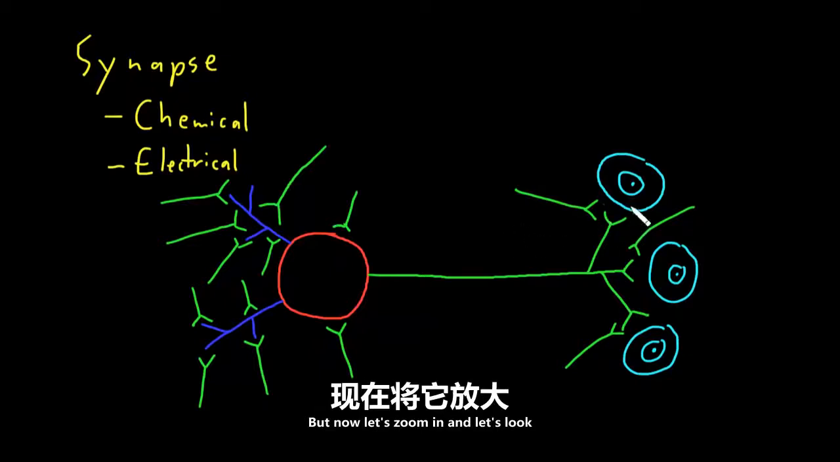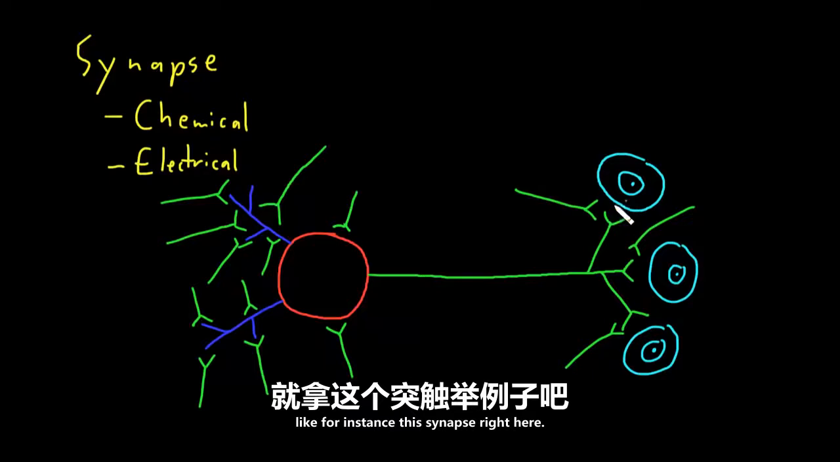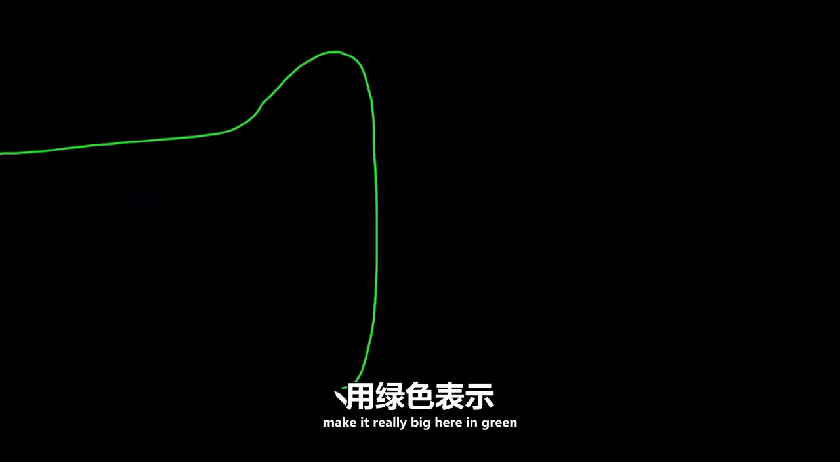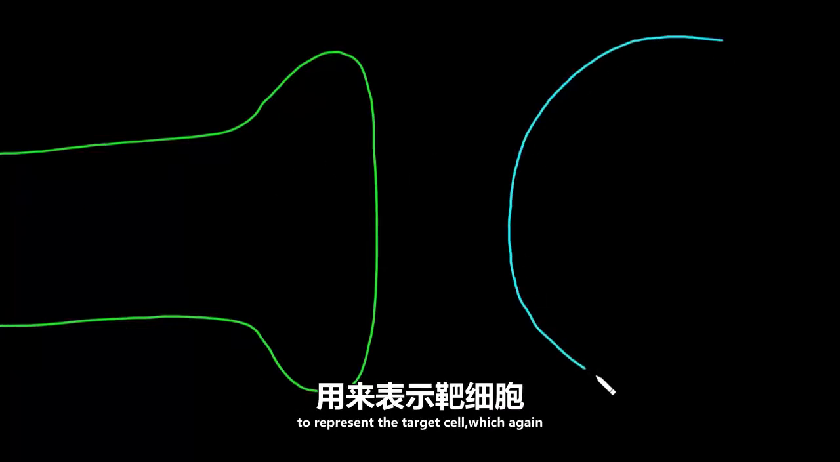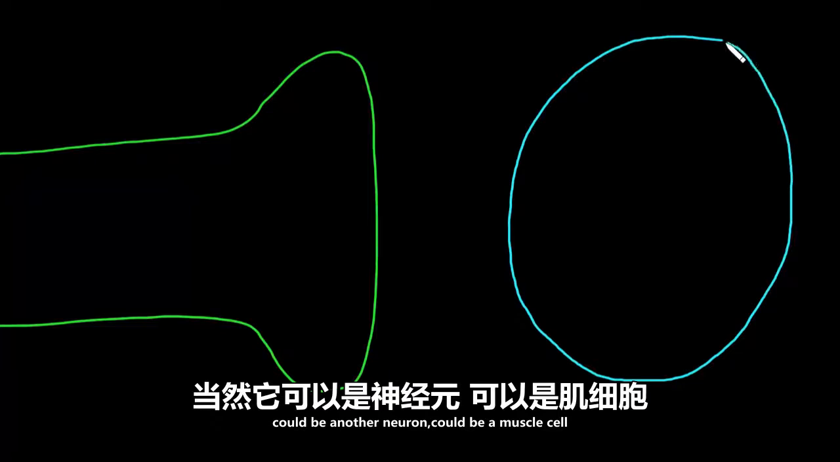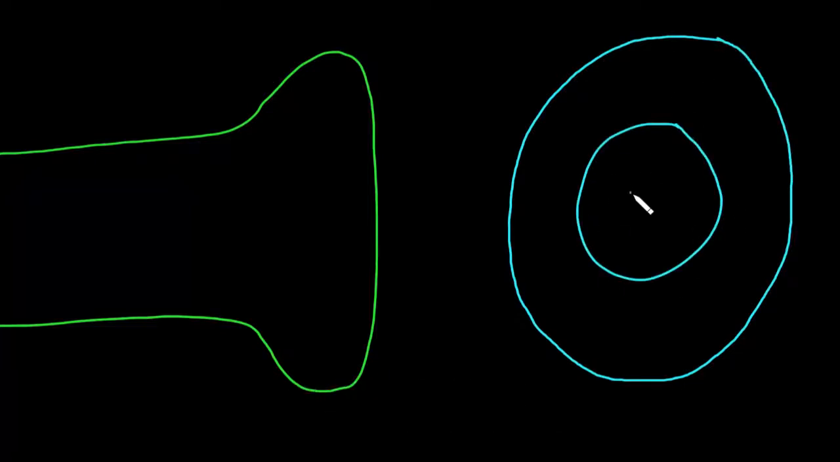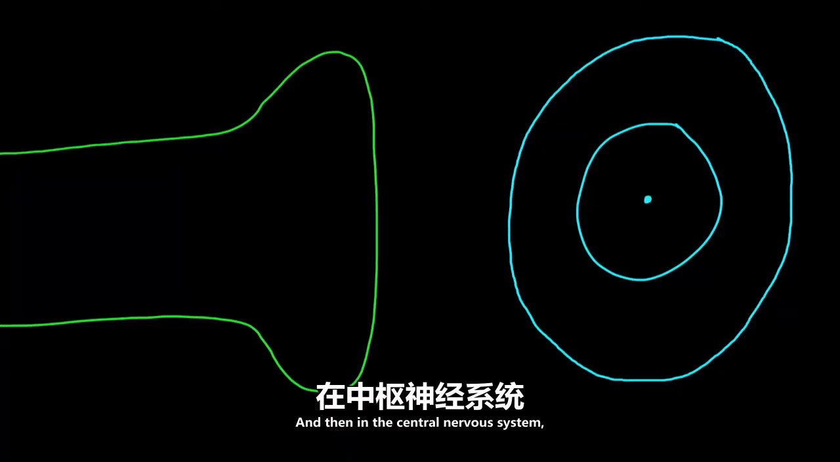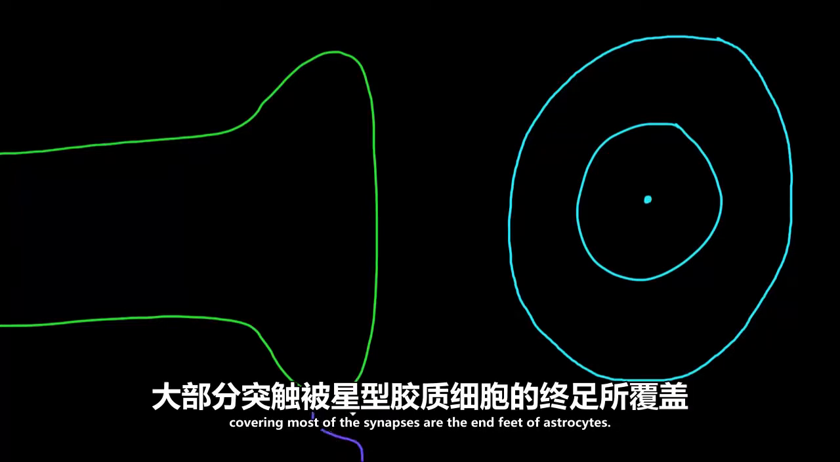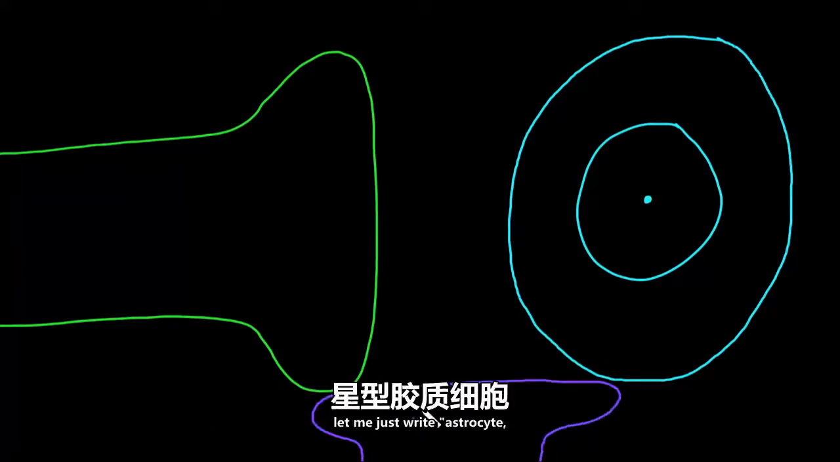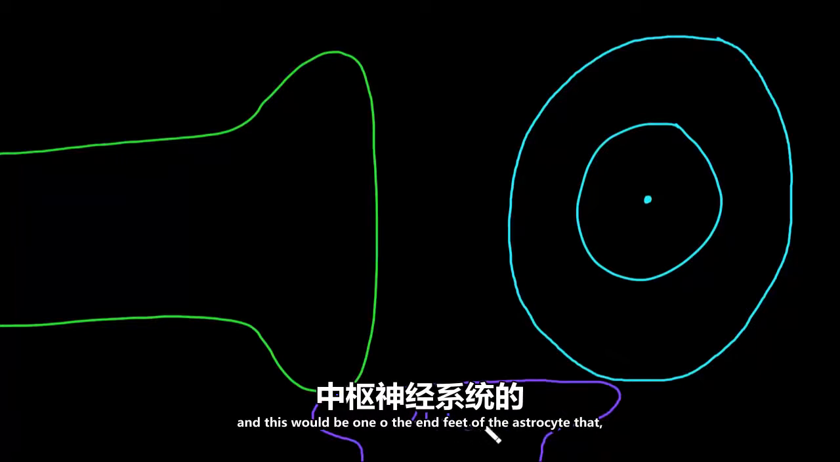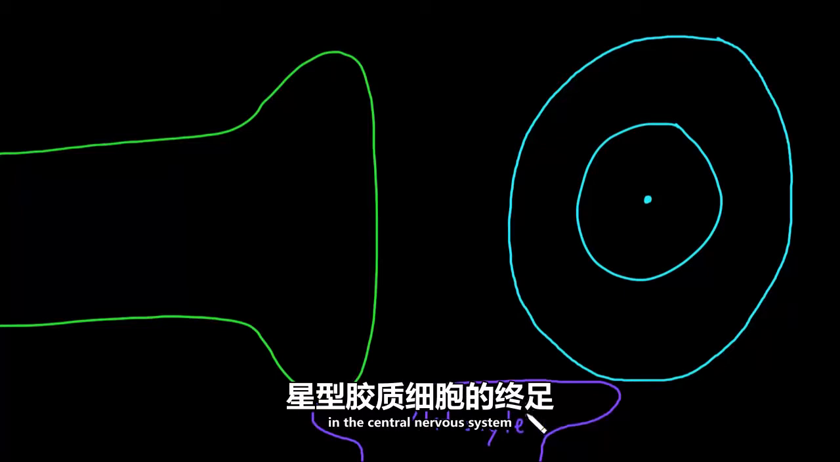But now let's zoom in and let's look at the structure of an individual synapse, like for instance this synapse right here. Let me start by drawing a big axon terminal, so I'll just blow up that axon terminal and make it really big here in green. And then I'll just draw a target type of shape to represent the target cell, which again could be another neuron, could be a muscle cell, or it could be a gland cell. And then in the central nervous system, covering most of the synapses, are the end feet of astrocytes. Let me just draw that in purple, and I'll actually just label that. Let me just write astrocyte. And this would be one of the end feet of the astrocyte